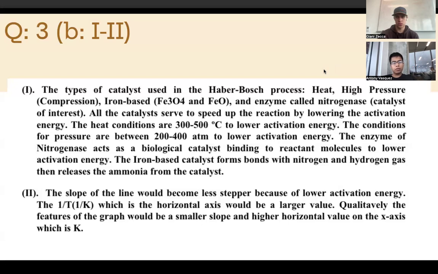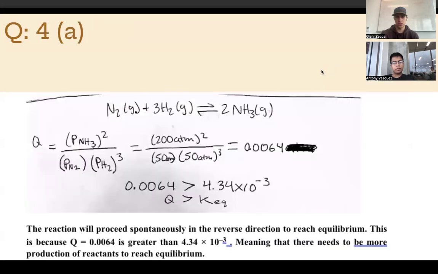Question four talks about our calculated reaction quotient for this reaction, in which we would just create a reaction and calculate Q and compare it to our KEQ, which is 4.34 times 10 to the minus 3. For this, we do products over reactants to get our Q. We use our given atmospheric values, which were 250, to get